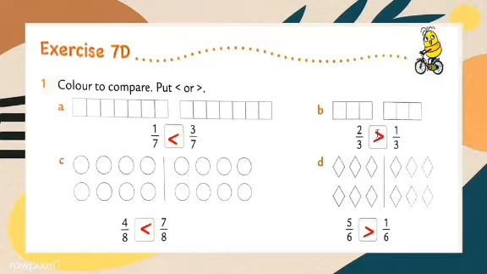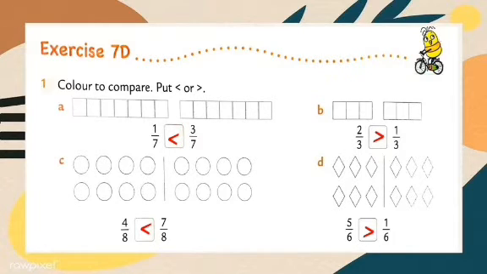Here is B. See this. How many boxes are here? 3. Okay, and here is 3. So which sign are we putting here? That's why, my dear students, we have put this. Okay. Now the further questions we are going to learn in the next session. Got my points, my dear students?